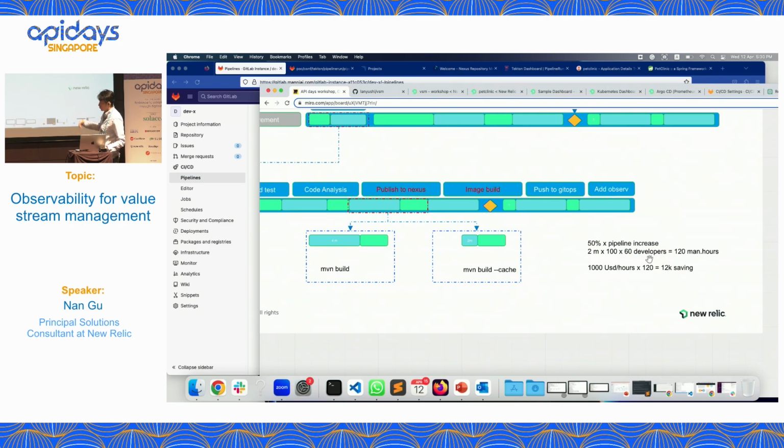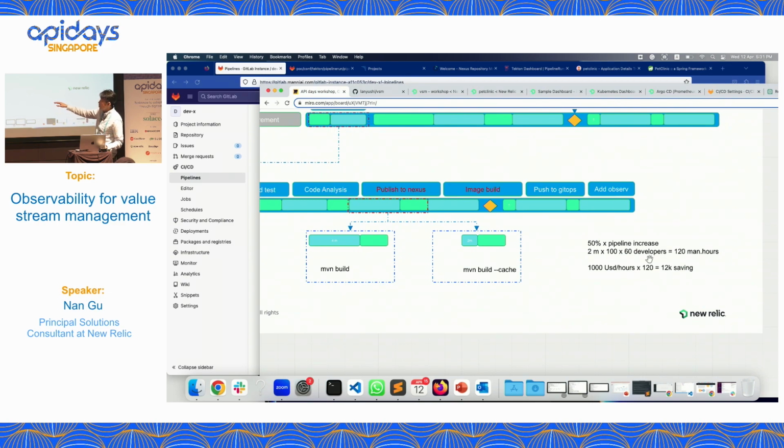may be running every day, right? Every day you're running it maybe multiple times. Then you have a few applications running maybe 100 times with the pipelines. 2 minutes times 100 times, with 60 developers, you get 180 million hours you can save from an optimization of pipelines. That's where we're seeing the value stream.